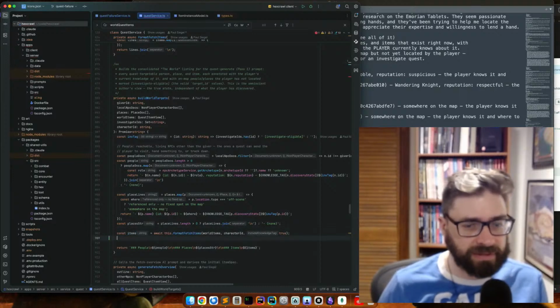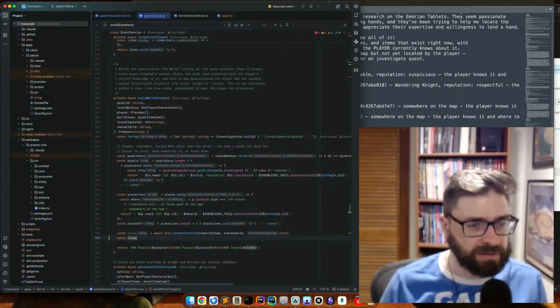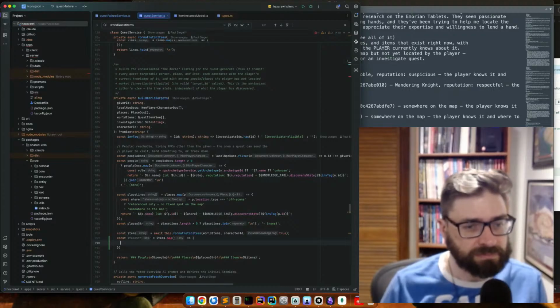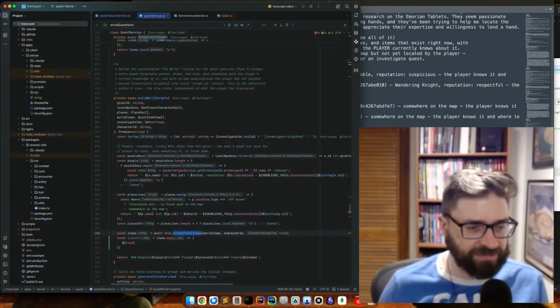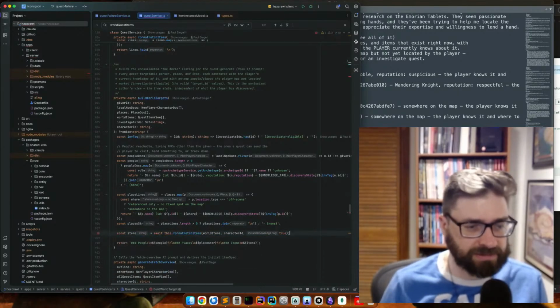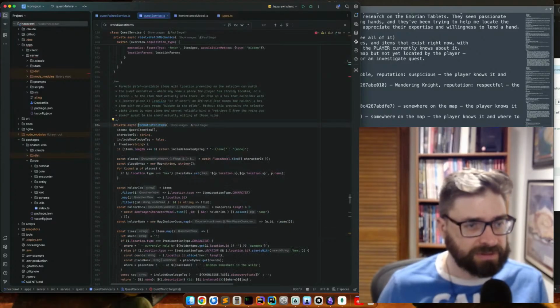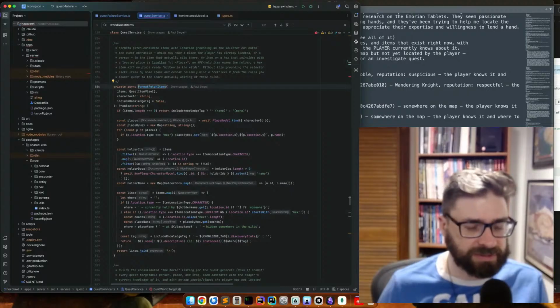Okay, I think what I need is const item star equals items.map. Oh, but this format. That's the format. That is the word format in it. It must be doing something. Formats fetch candidate items. It's just returning us a giant string.